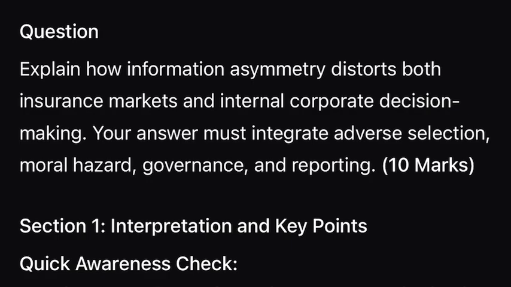These distortions force insurers to implement costly treatment measures, such as deductibles or strict underwriting, which can reduce market efficiency and create a protection gap for lower-risk individuals. Internally, information asymmetry manifests as the principal agent problem. Senior management and boards, the principals, rely on specialized staff, the agents, to provide the data necessary for strategic decisions.